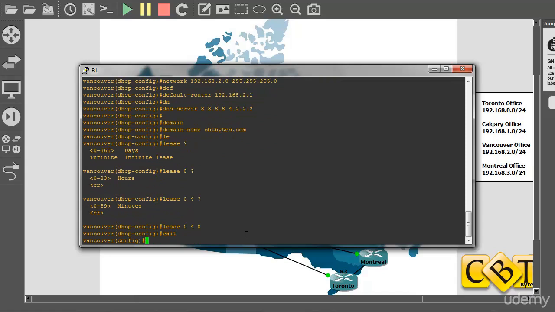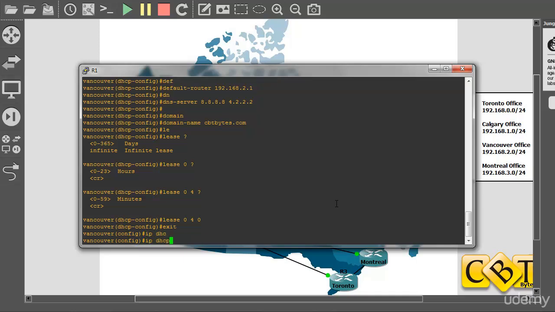One thing we might want to do is exclude a range of IP addresses from this 192.168.2.0 range. We might want to exclude some IP addresses that have maybe been set up statically on printers, on servers, or anything like that. So the way that we do that is we do IP DHCP